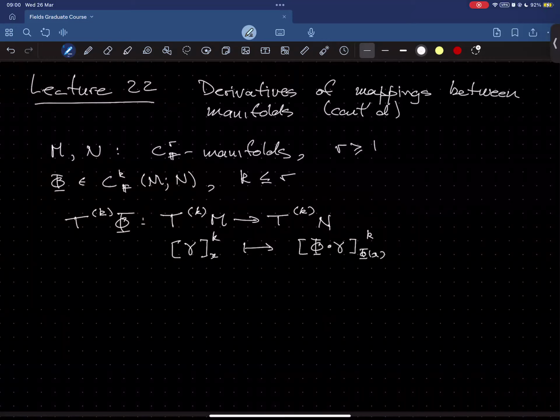Right, so we have been talking about tangent bundles and higher order tangent bundles, and last time we introduced the notion of a derivative of a mapping between manifolds. So remember